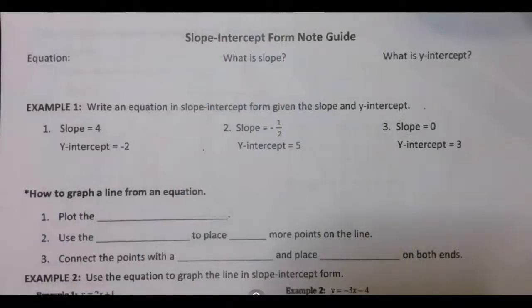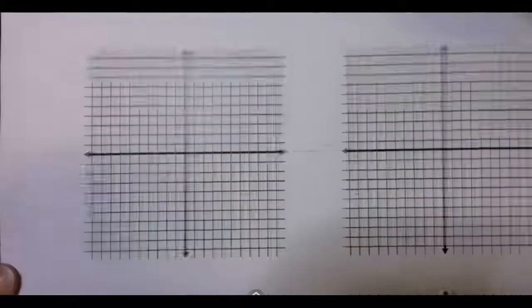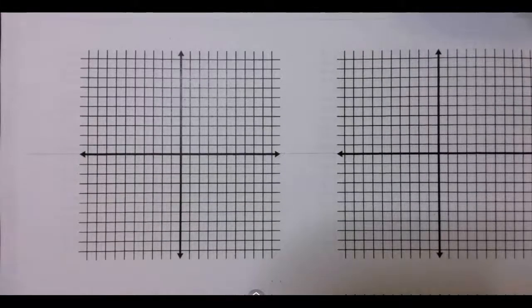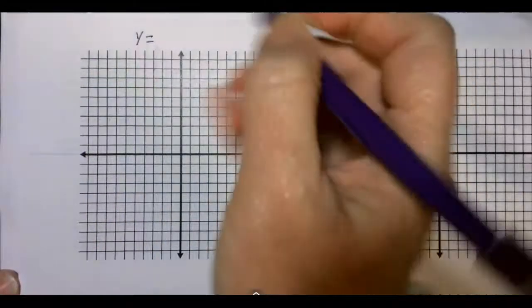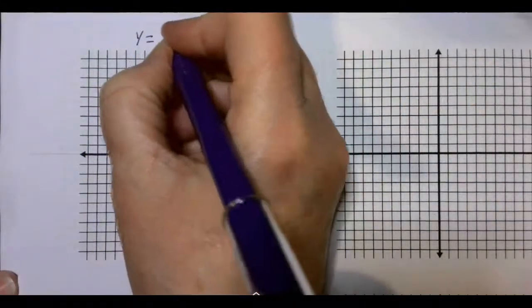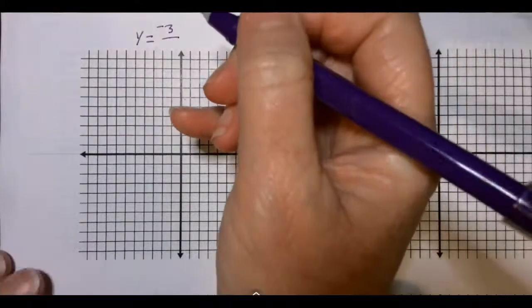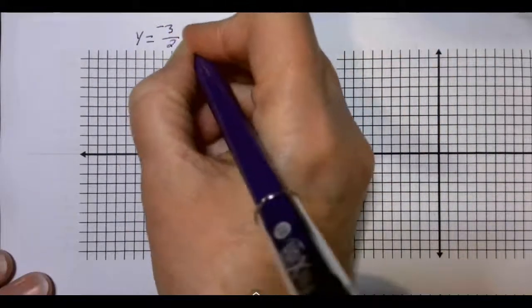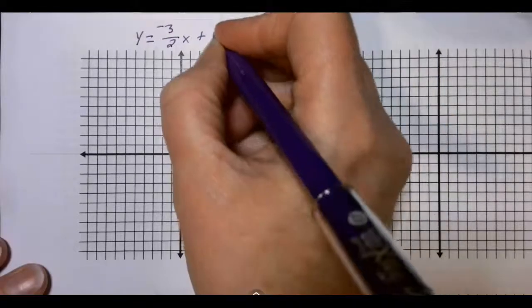So what I'm going to do is go to the back of your packet. If you take your packet out, go to the back, you have all these grids. And I want to show you one of the reasons it's my favorite. Now, if we were in class right now, I'd have you pick the numbers, but you're not. So what I would say is, okay, give me a number between 1 and 5. 3. Make it positive or negative. You make it negative. Give me another number between 1 and 5, and you give me 2. And then I'll say plus or minus, and then I would say give me another number, and you give me